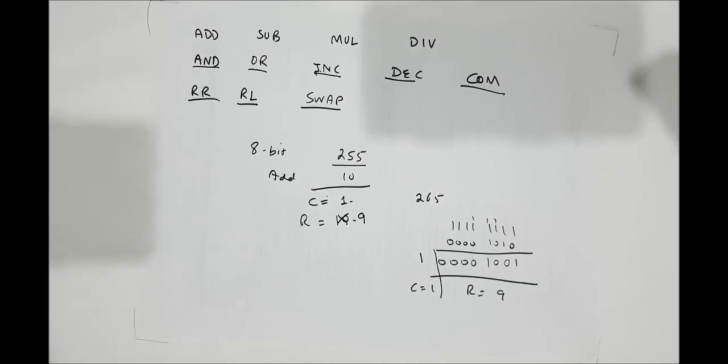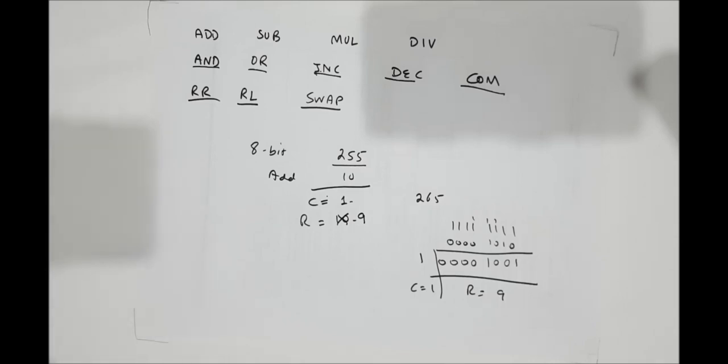This means that your result could not be contained within a single register and your result size exceeded the size of your operands. The same can be the case with multiplication. And in the case of division, the size of the result will not exceed the size of the operands, but there may be a quotient and a remainder. So in the case of arithmetic operations, we have to keep in mind certain flags and certain limitations.